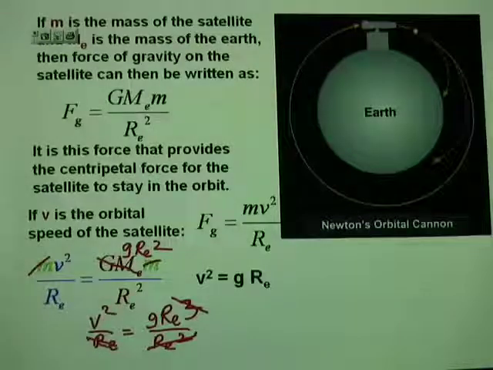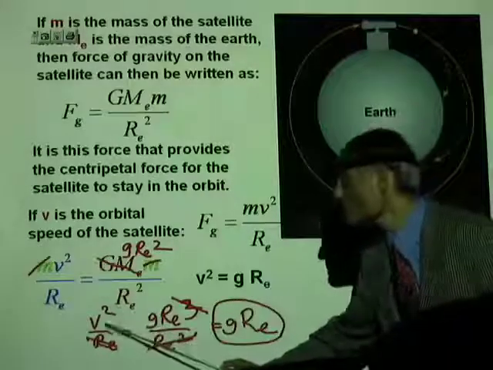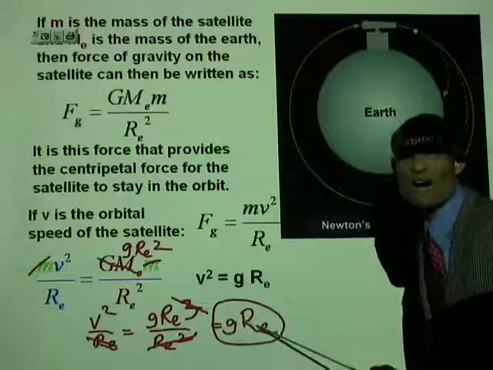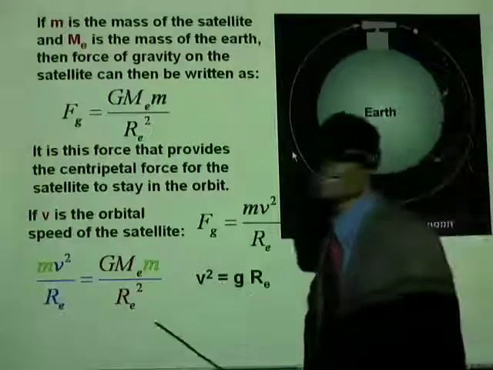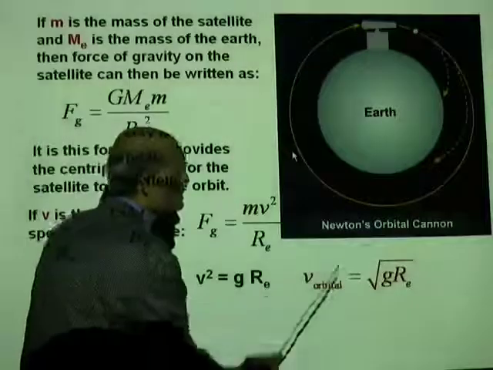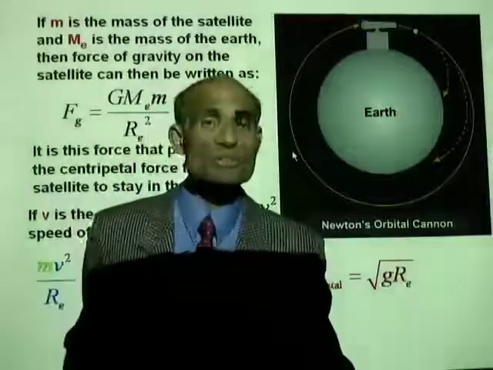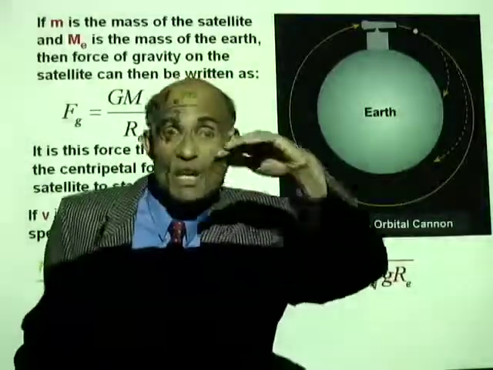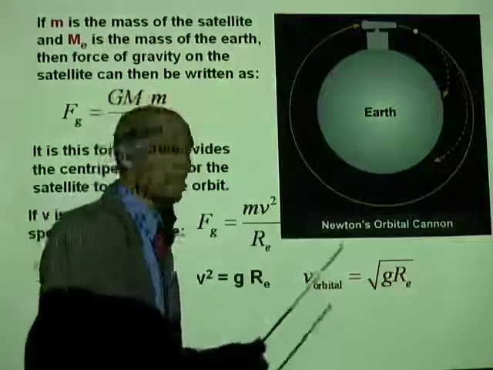will cancel with the RE cube, leaving a GRE. So what you see here is solving that equation gives you V squared equal to GRE, where V is the orbital speed. And therefore, what is V equal to? V equal to square root of GRE. The orbital speed, the speed that is necessary to keep an object in a low orbit. I'm not talking about a high orbit. In a low orbit is square root of